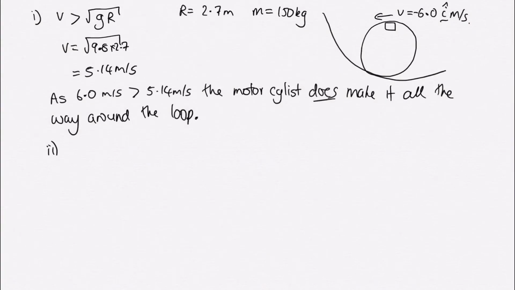Now, in part 2, we're asked what's the normal force of the track on the motorcyclist and the motorcycle at the top of the loop. Okay, so in order to do that, let's draw on our different forces. So we've got our weight force, which is acting down, that's mg, I've done that blue. We've got our normal reaction force, I've drawn that green, also acting down, and that's the normal force, so it's perpendicular to the surface. And then we've also got our resultant force, which is our centripetal force, which is acting downwards towards the center,